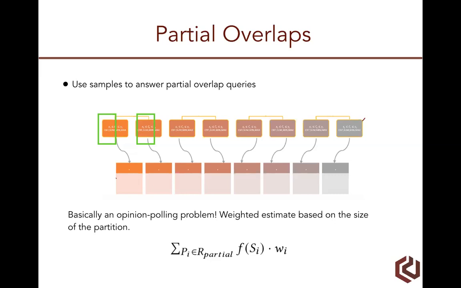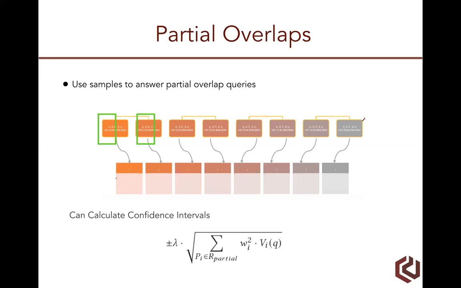At some point, this essentially behaves as what is called a stratified sample in the opinion polling world, right? What we've done is we've partitioned the data, gotten these aggregates, and gotten these random samples. This data structure that we've built behaves a lot like an opinion polling problem. You have a lot of approximations that we have to add together and some weighting based on how big those approximations are. So you can calculate an estimate as well as you can calculate the variance as well. So this gives us not only an answer, it gives us a confidence interval. Now this particular confidence interval is an asymptotic confidence interval, but you can also calculate a finite sample error bound